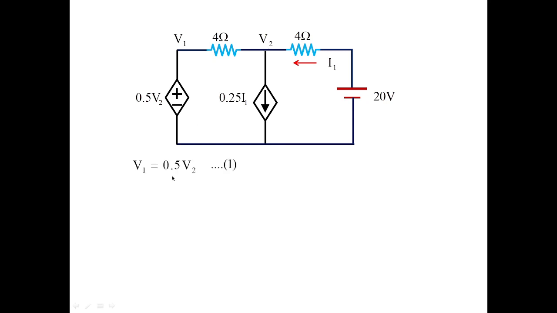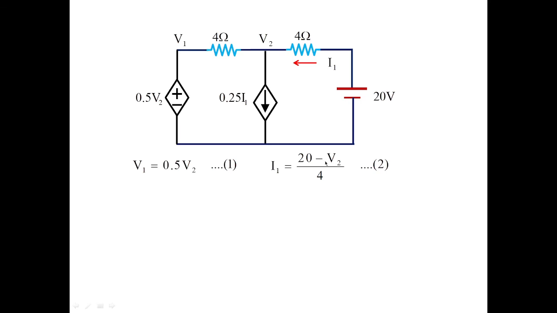Okay, so V1, as I told you, is equal to 0.5 V2, and I1, in the previous case 20 volts was not there, that's why it was 0 minus V2 by 4. But now you can see the difference, 20 volts is here, and because of this 20 volts, the current is actually flowing in this direction, and we are assuming V2 to be at higher potential. So our imagination and the given direction of the current are quite opposite, and that is why I1 is 20 minus V2 by 4. I think now it is clear why we took the value of I1 in negative direction in the previous case.